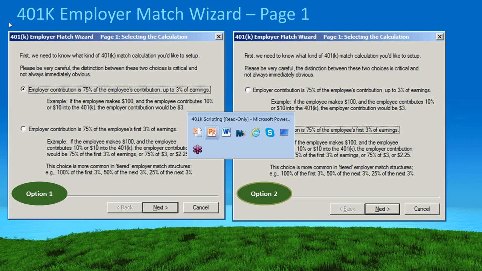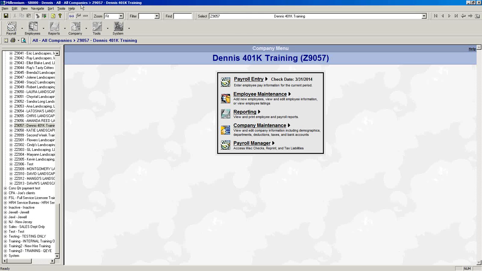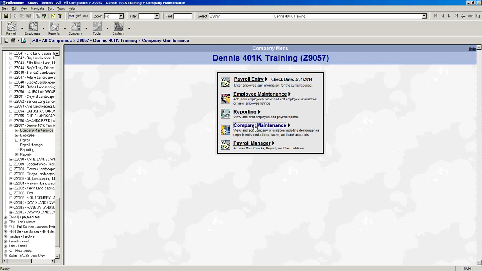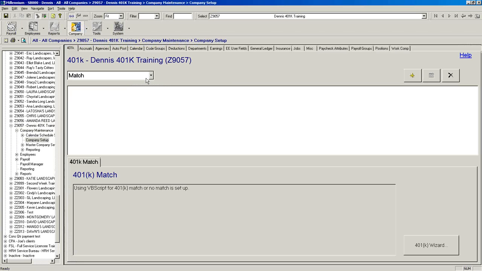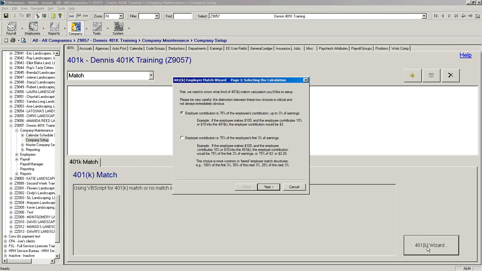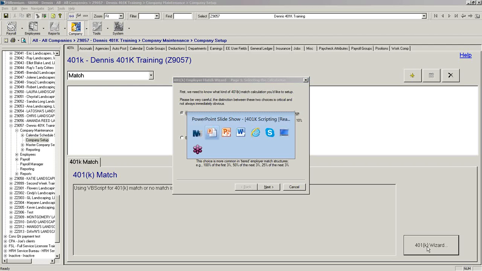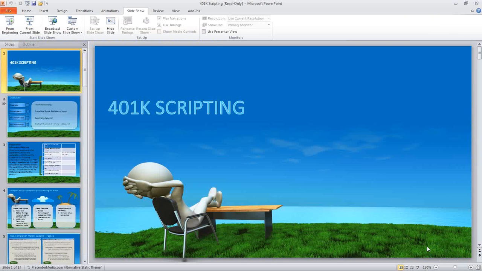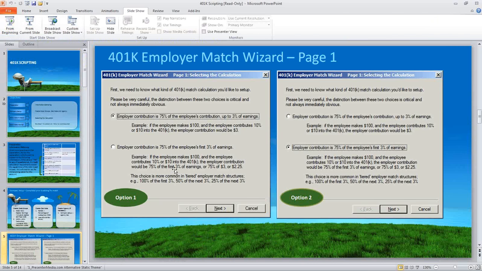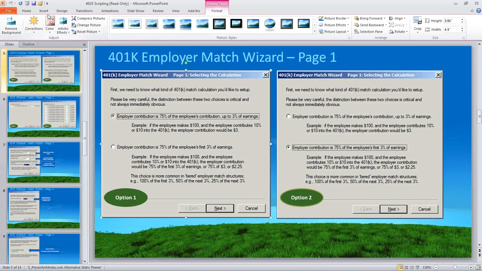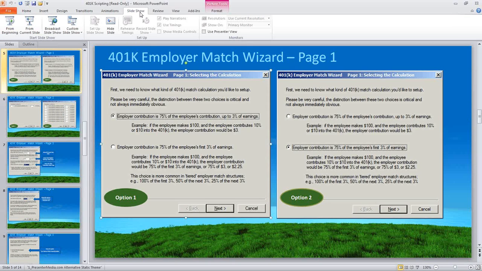Forgive me for having to jump around, but if I go into my company and go to company setup, we have our friend the 401k wizard here. So I'm going to keep jumping back and forth a little bit. Apologize for that. We'll make this bigger. Sorry, I'm terrible with this stuff. Maybe I'll work on that. I'll just leave it like this for the moment.